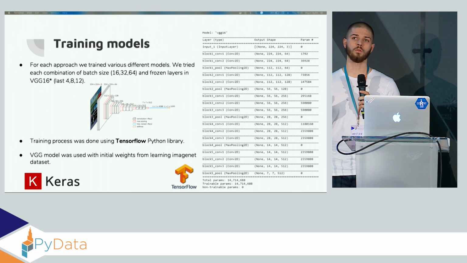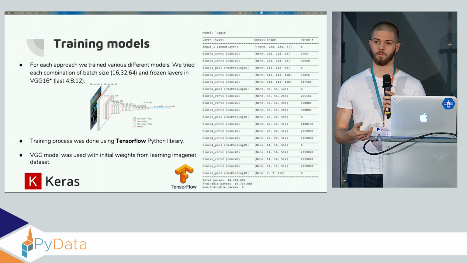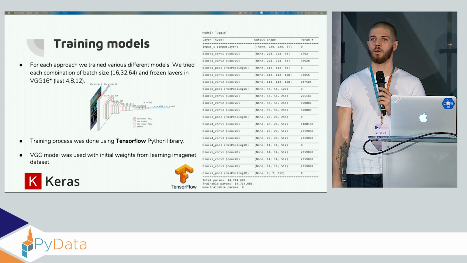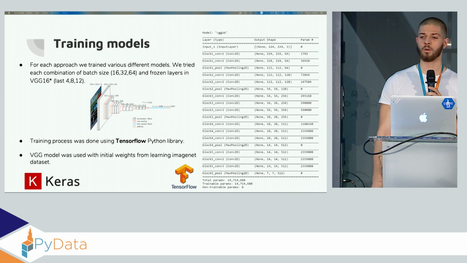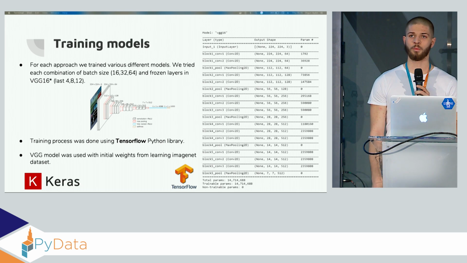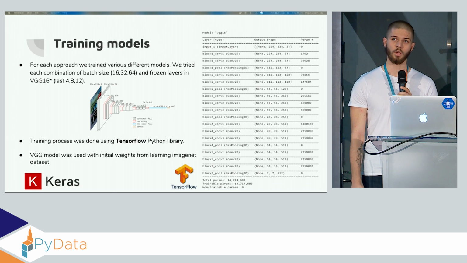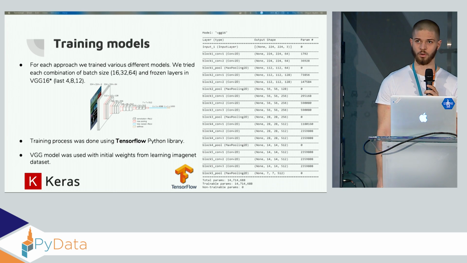Therefore, those layers were not used in the classification, in the modeling part, basically. Yeah, and we used the TensorFlow library for additional layers and for compiling. We also, in VGG16, used initial weights from the